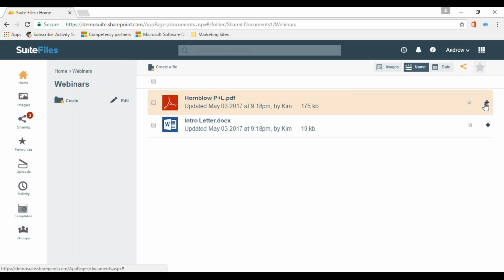So once that's done, notifications are sent in two ways to the people who've had the file shared with them. First of all, an email is sent to them, and the email has a link to the file so they can open that version of the file from the SuiteFiles system. The email also has the little notification or little message that I just typed in there